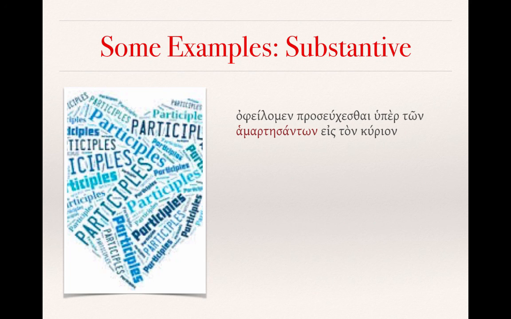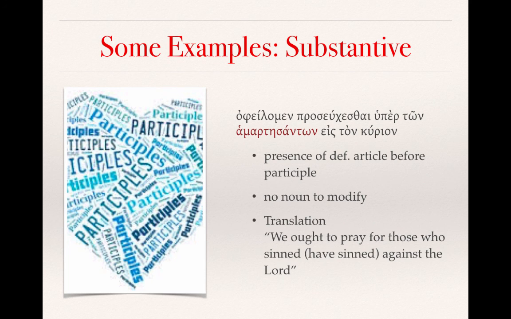Once again, you'll see that I've highlighted in red the participle, and this participle does have a definite article before it, ton, but it does not have a noun to modify. Therefore, it is standing in the place of a noun, just like any substantive adjective would. We would translate this something like, we ought to pray for those who sinned, or maybe those who have sinned